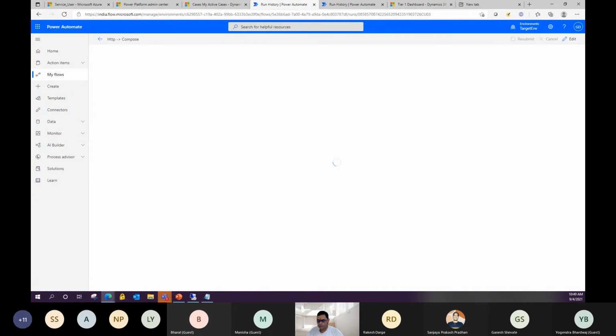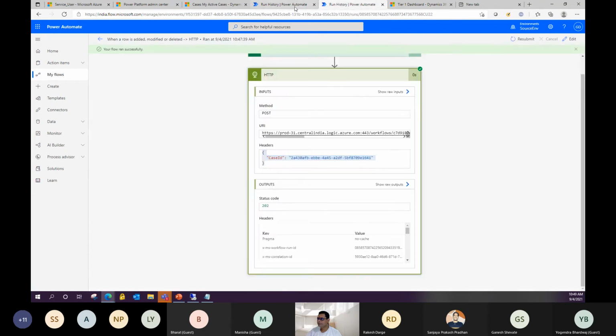I have already created it, so I can just show the already built flow in Power Automate, or I can create it from fresh. It will take at least 20 more minutes. No issue, because we have seen how it works: we created some HTTP trigger and posted to that flow.